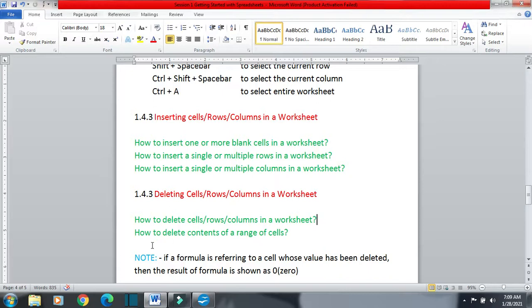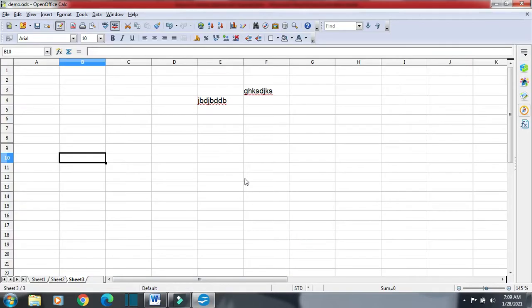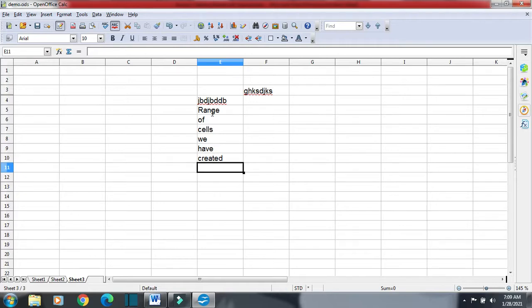Next is how to delete contents of a range of cells, meaning more than one cell. Suppose we create a range of cells. So we have created one. Now suppose this is the range of cells and I want to delete some cells in this range.